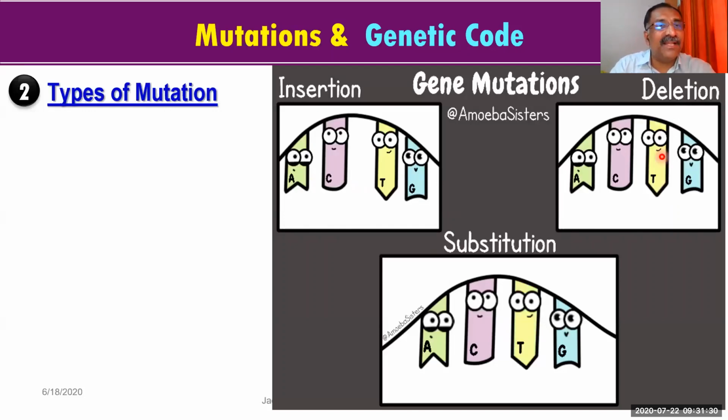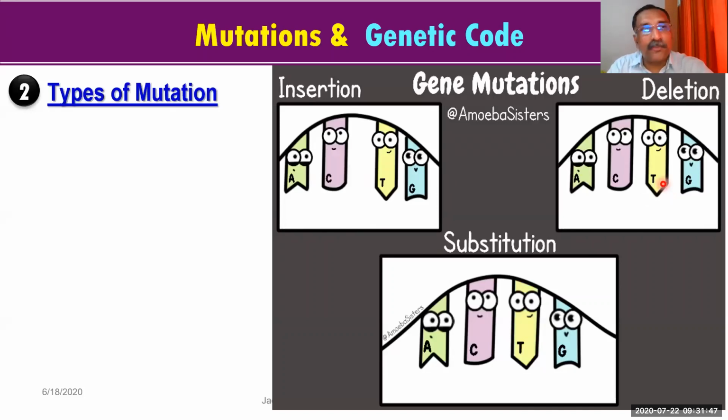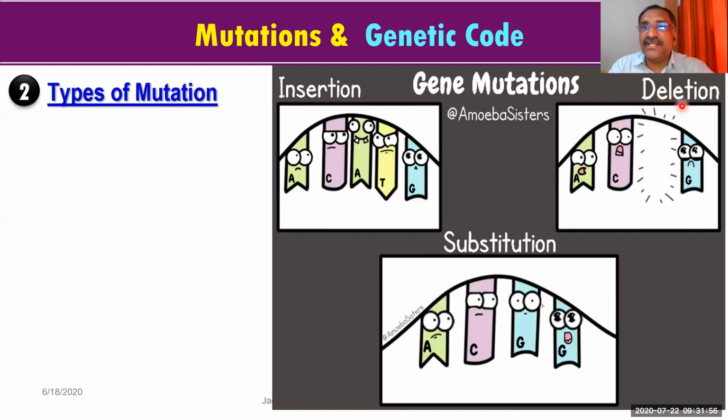I told you the name in the last slide. What is that? Please tell me. When you remove one nitrogen base, yes, it is good. Pinky has given me the answer. Then Salmani also given. Everybody giving that. Okay, very good. You are writing. So point mutation. This is called point mutation because here that nitrogen base you are removing. So this is called deletion. So here insertion, here deletion.